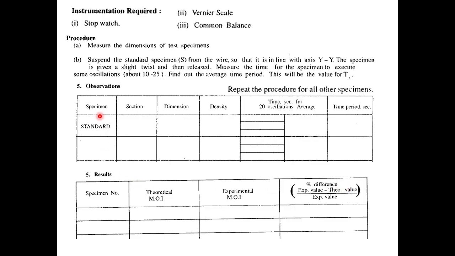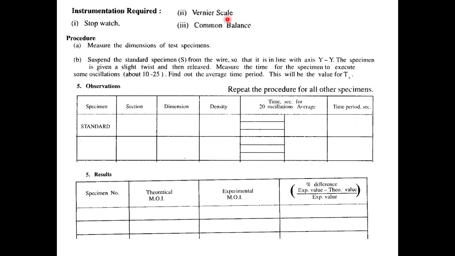Okay. So what is shown here is part of the table. The observation we will note here in this particular table. This is the table of observation. The procedure I have already mentioned. It is written here. So here, what is the section? Standard is rectangular. We have another rectangular unknown section, then circular. This is what you have to write. The dimensions of these sections you have to note using this vernier scale, okay, and the other scales are also there.